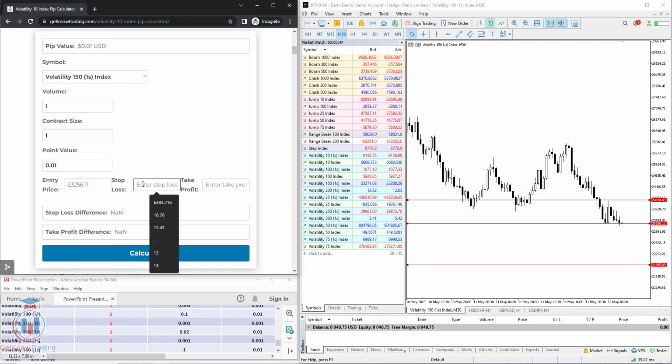23256.11. The stop loss would be 24028.43 and the take profit would be 21895.89. Click calculate. You get the price difference. Simply copy and paste this one here and click calculate. You would get that the stop loss difference would be equal to $772.32 and the take profit would be equal to